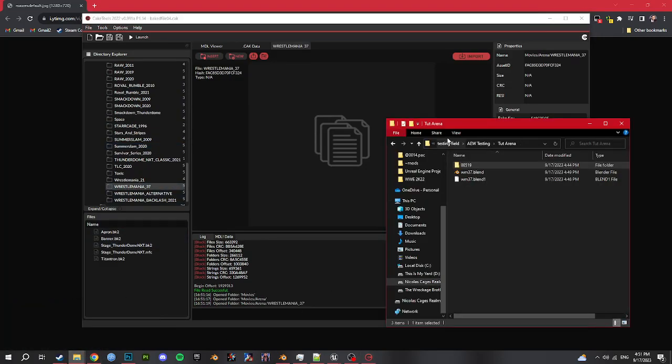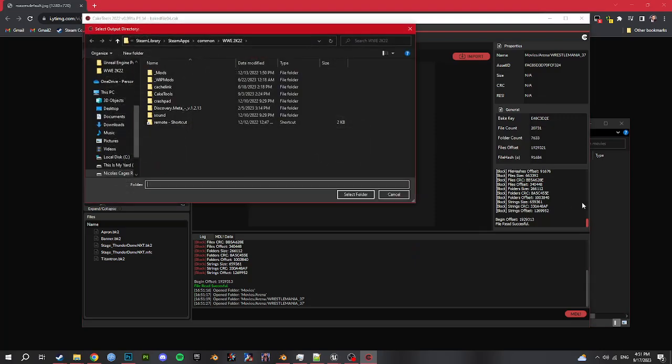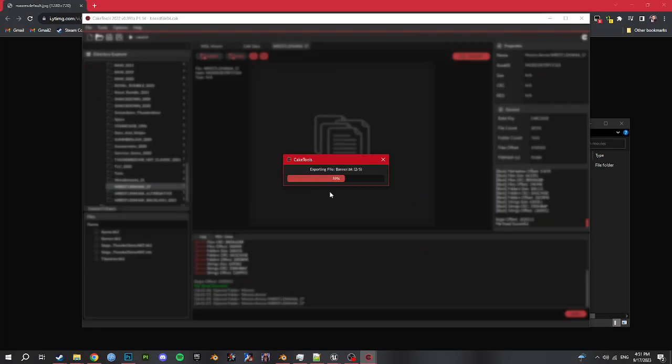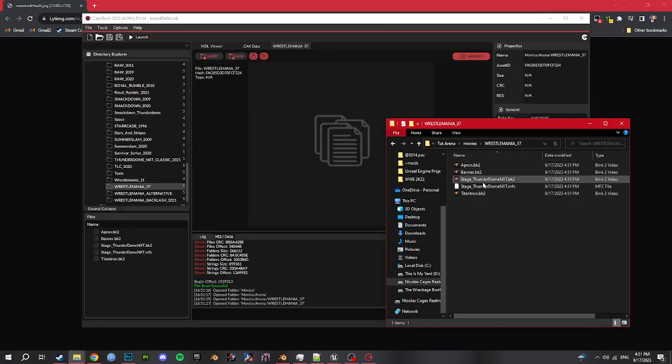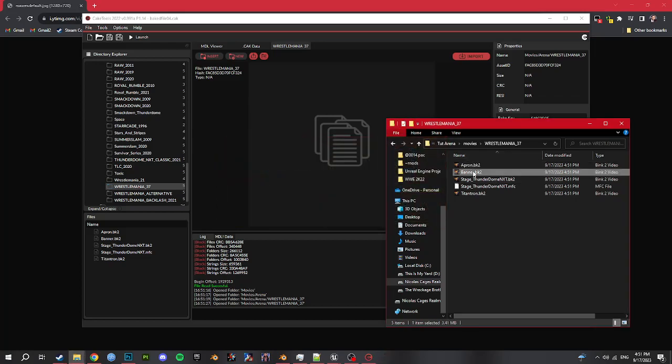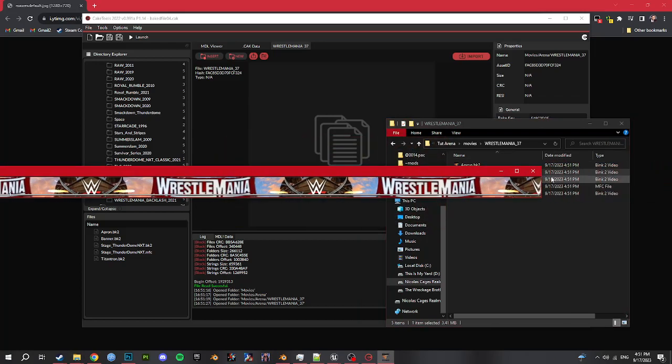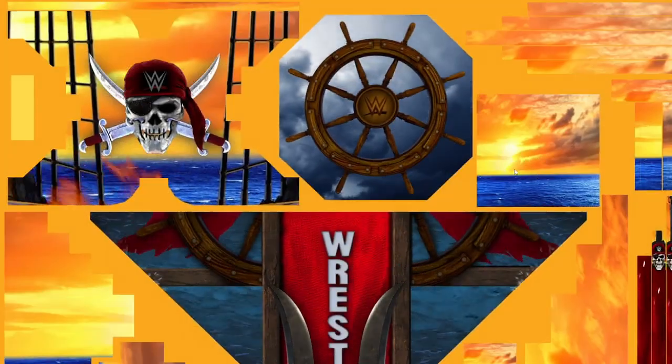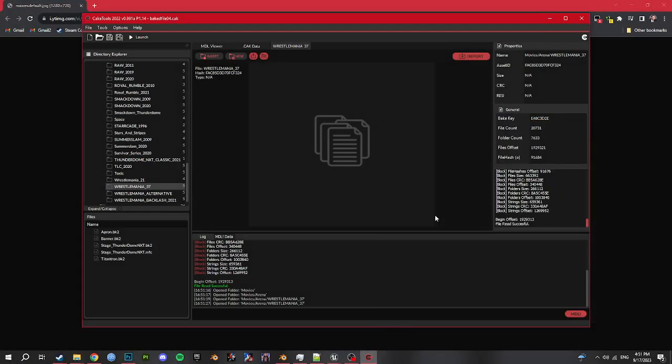So I'm just going to extract all these to a folder called movies. And then in here we have our Bink files that will be displayed in the game. So most of them will use,